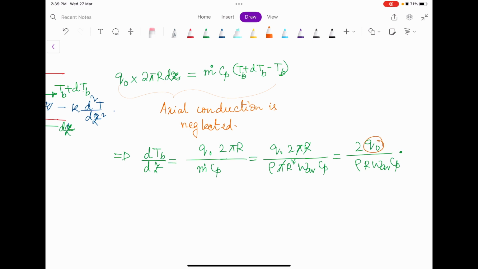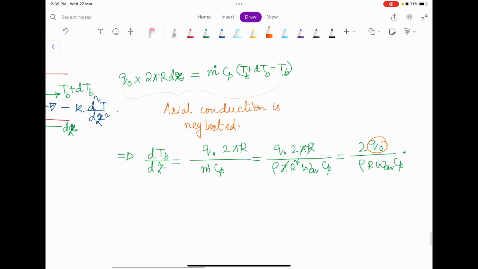And here you see that my boundary condition is constant heat flux. So as my heat flux is constant with z, that is why my dTb dz is also a constant. Okay, so therefore my governing equation for dTb dz will be this. So this will be 2q naught by rho r W average Cp. Okay,